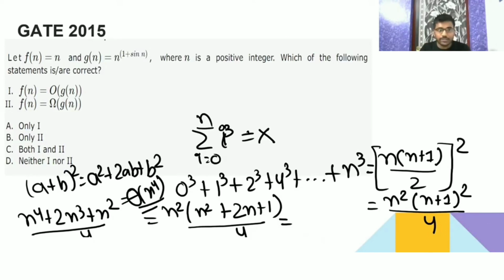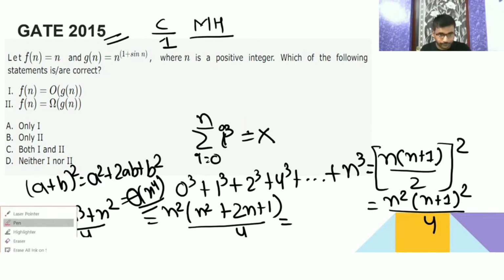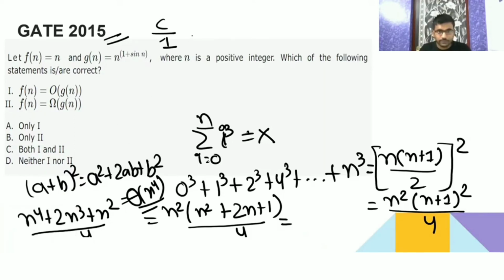Let's try this, GATE 2015. Himanshu has told C is the answer. So for C, I got 1 vote. Madhura, please let me know whether it is clear or not. Yeah, Madhura is saying clear. Okay. So if you want to write, can I erase? Can I erase, Madhura? Mansoor is saying A. For A we got one vote. For C we got again one, two. Madhura, can I erase this?